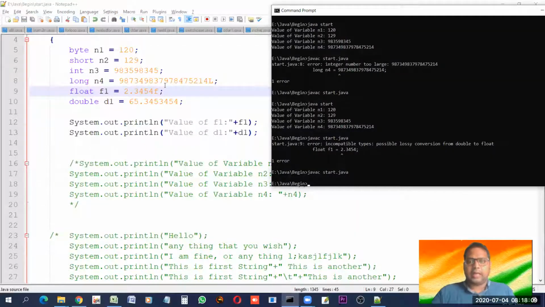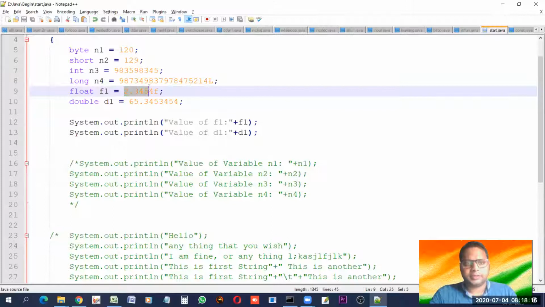How? Actually, this was being sensed as a double data type.